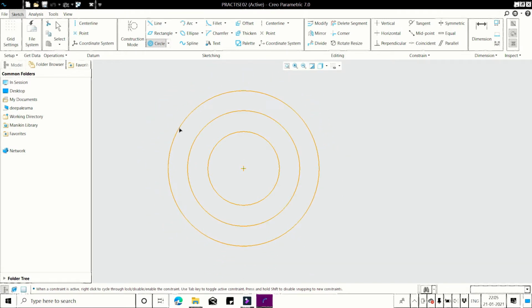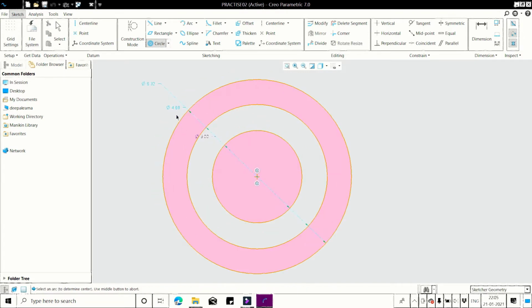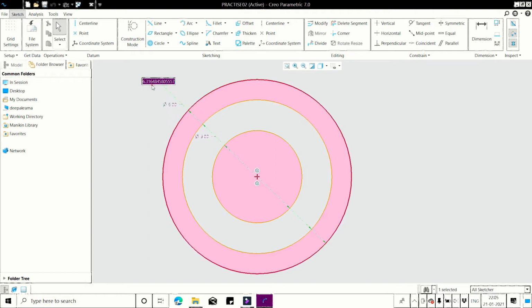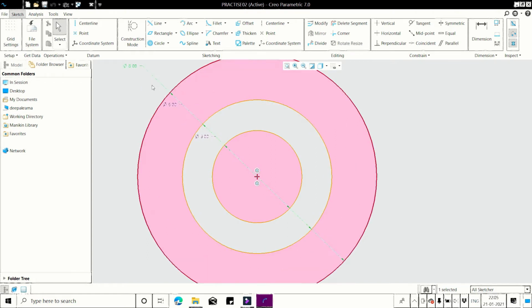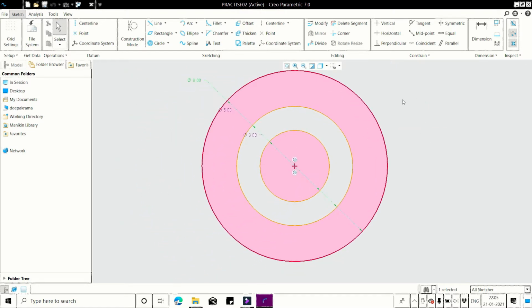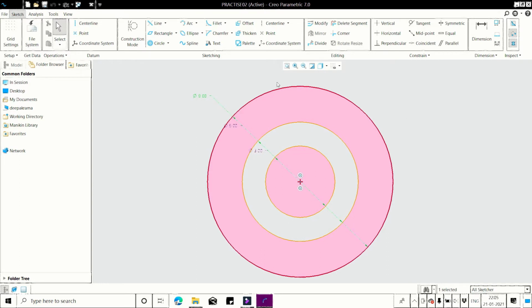Again you can add many more circles with the same center. You can give diameter 5, 8. See how the concentric circle is drawn.